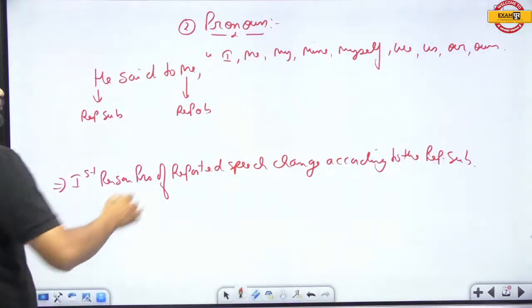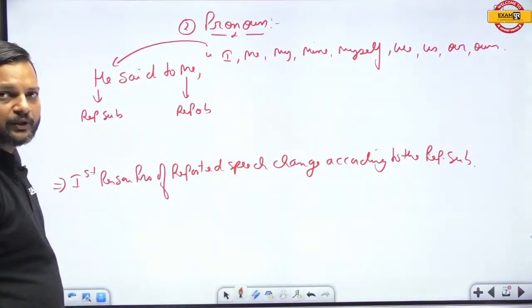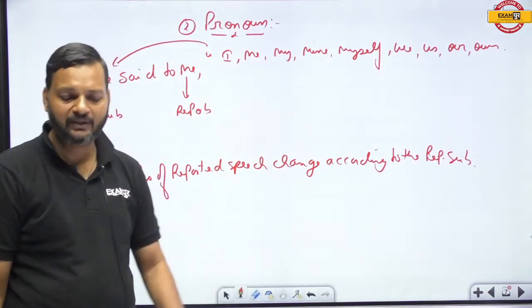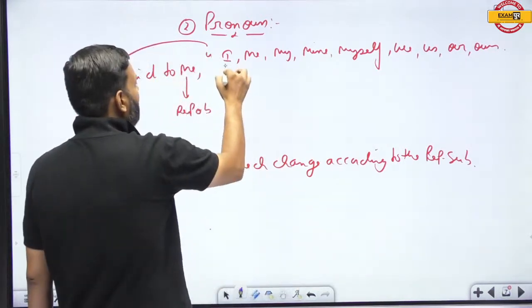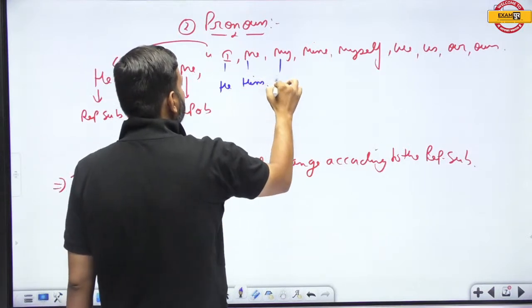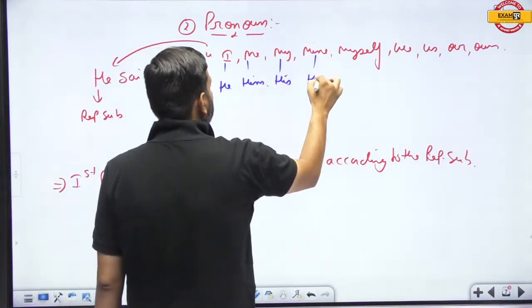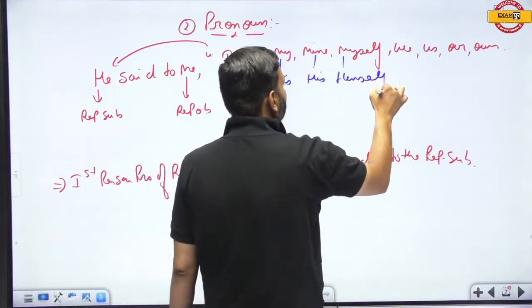So all these first person pronouns must be changed according to the reporting subject. So here the reporting subject is he. So how to change them? I would become he, me would become him, my would become his, mine his as well, myself will become himself,